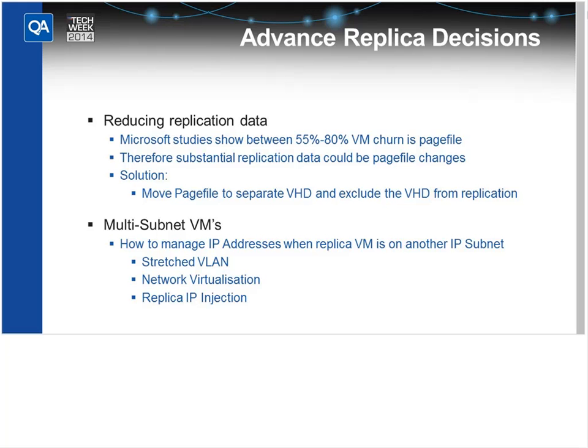One of the things we get with Hyper-V Replica is IP injection. So we can actually get Hyper-V to change the IP address on the fly as it's bringing the virtual machine up. And hopefully I'm going to try and demonstrate that to you. So the nice thing about the IP injection is it allows us to designate what the different IP addresses are going to be for VMs once they're all stable, once they've all been replicated. And we don't have to configure those things when we're in mass panic